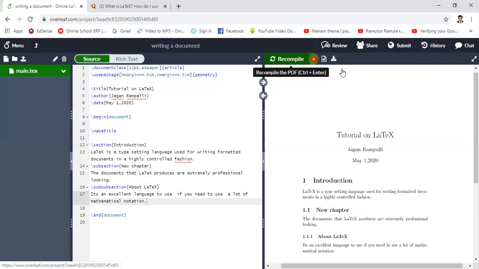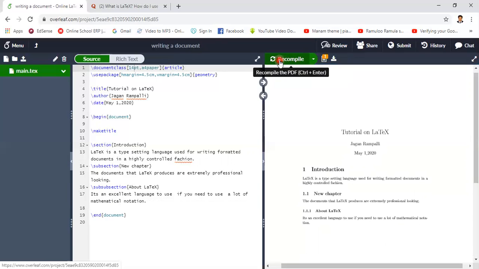So you can observe here the introduction font size, new chapter font size, and about LaTeX font size are proportionately decreasing. This is based upon the base of 12 point. So if you give 14 point, proportionate changes will be there. See that proportionate changes will be there.